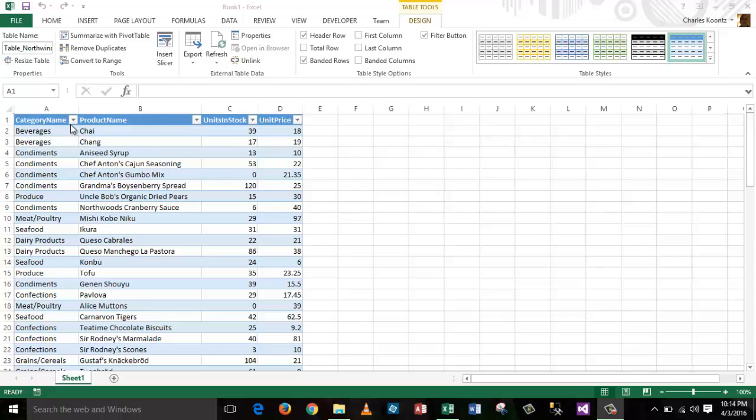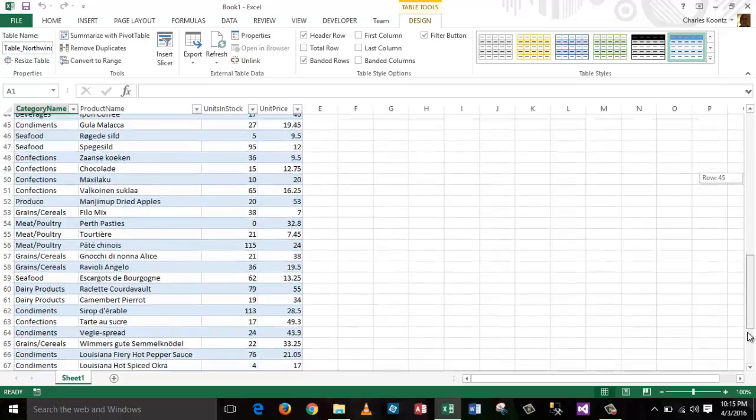And this is the data set that we looked at previously, and I show the 77 rows of data from the products table correlated with